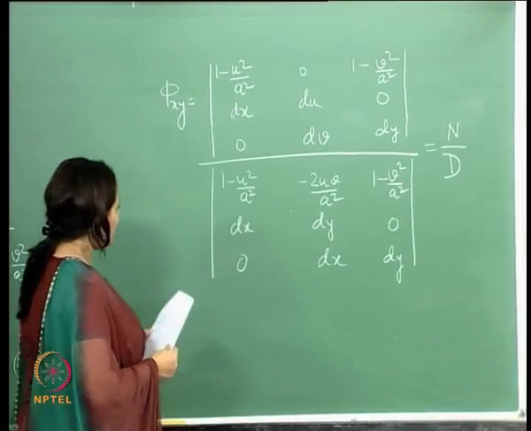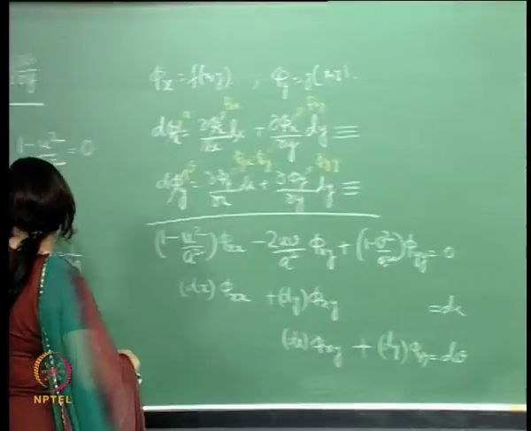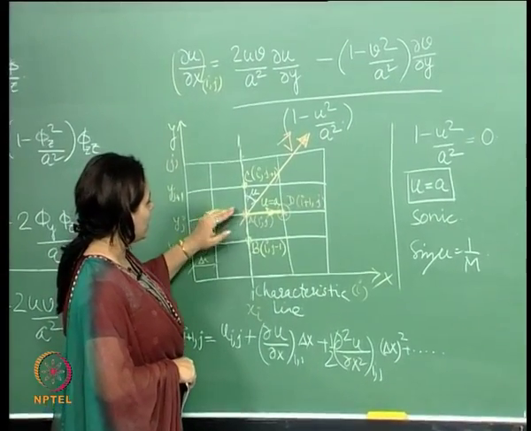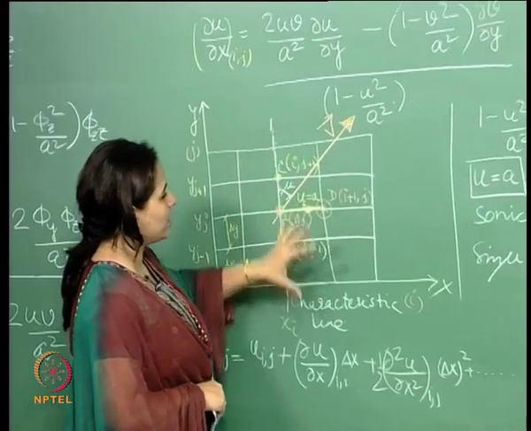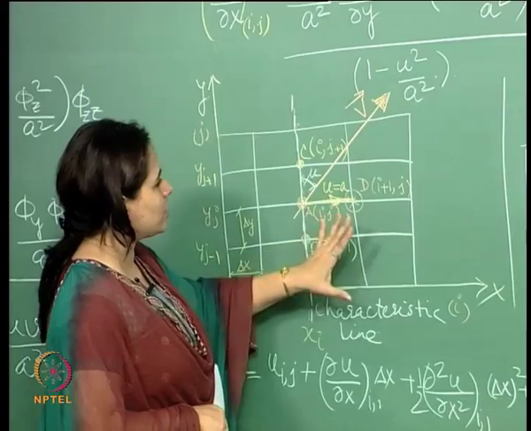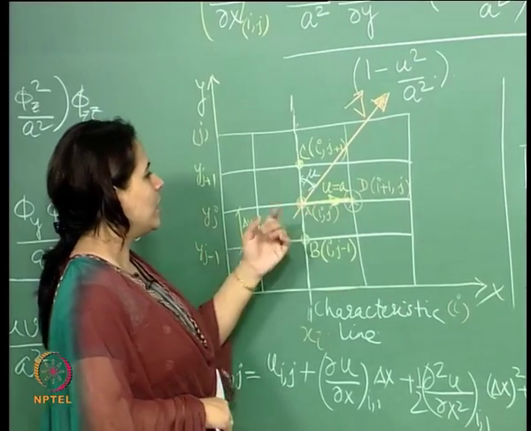So therefore, here what we have seen is that if we have chosen a grid in such a way that, in this particular case, the